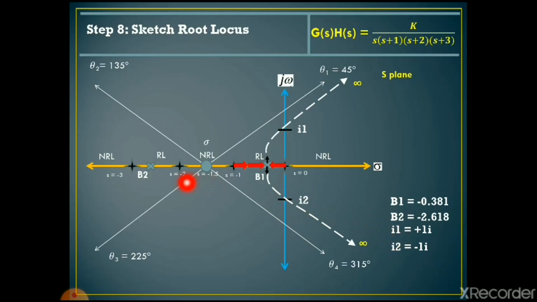Now similarly we have a pole at s is equal to -2. It will move towards the left, it cannot move towards the right because it is a no root locus region. And how far will it move? Until the breakaway point. Similarly we have a pole at s is equal to -3, it will move towards the right,